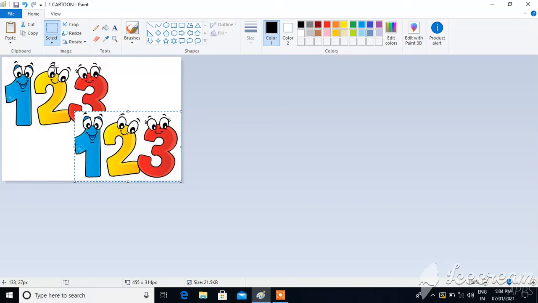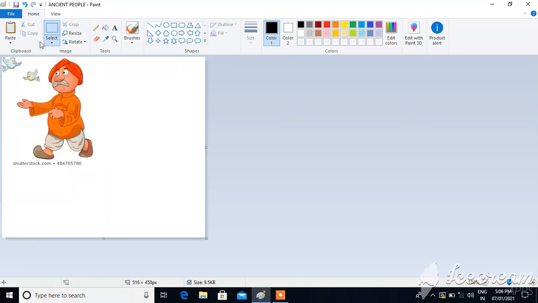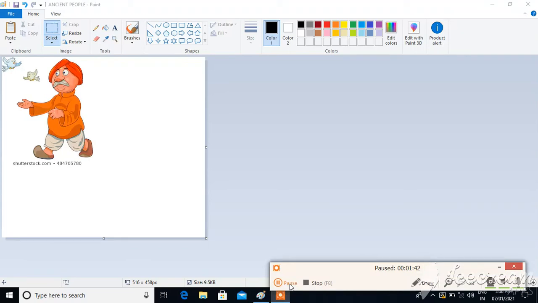And at last we will see transparent selection. Okay, now see how to do the transparent selection. Just go to Select.